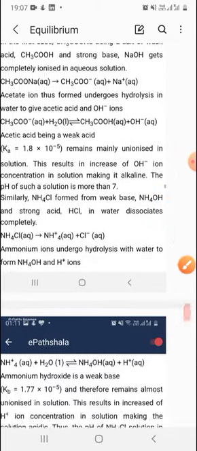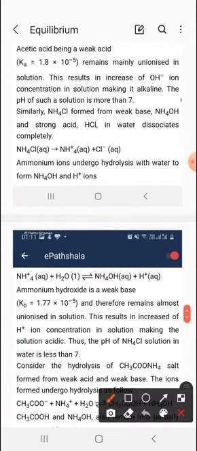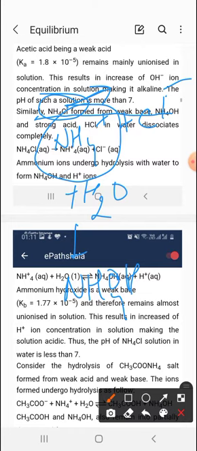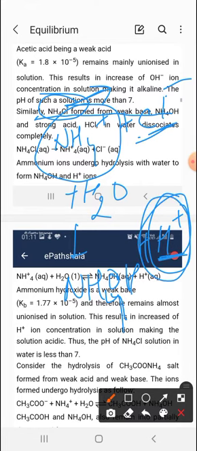Similarly, in the case of the salt ammonium chloride, the same thing happens. When you dissolve this ammonium chloride salt in water, you will get HCl, which is an acid, which is again completely dissociated into chloride and hydrogen ions. So if you dissolve this salt in water, you will get NH4 positive ion and the chloride ion. And this ammonium ion reacts with water and forms ammonium hydroxide, because ammonium hydroxide is a weak base, so it will form some ammonium hydroxide there and release some H ions. You can see there the chloride ions, and there is the presence of H ions. That is why the salt made up of a strong acid and a weak base is an acidic salt.